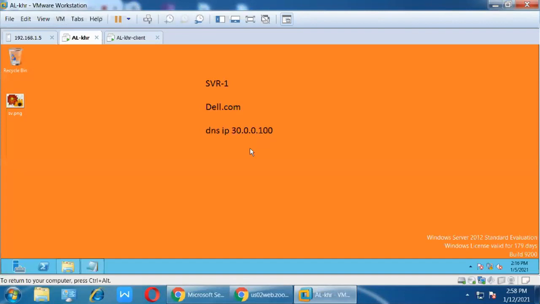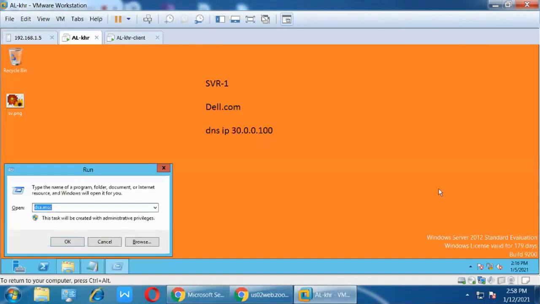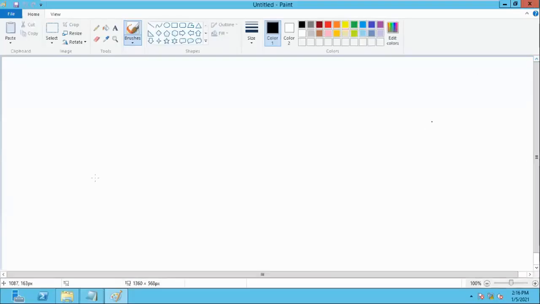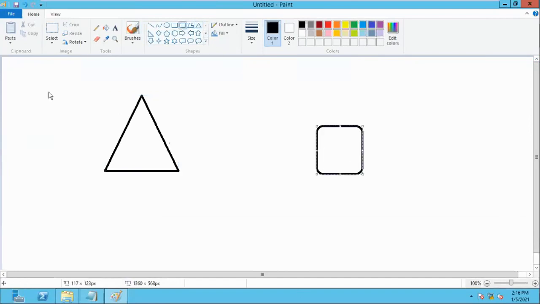We already discussed DHCP and how it works. Here this is our DHCP server, the domain controller, and this is our DHCP client.